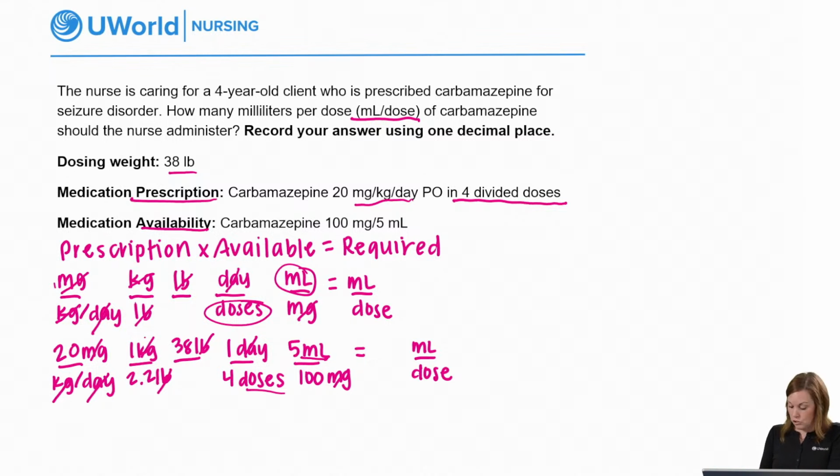So when we do our calculation, we start at the top: multiply the numbers on the top, then divide the numbers on the bottom. You'll key it into your calculator as 20 times 38 times 5 divided by 2.2 divided by 4 divided by 100. And you will get